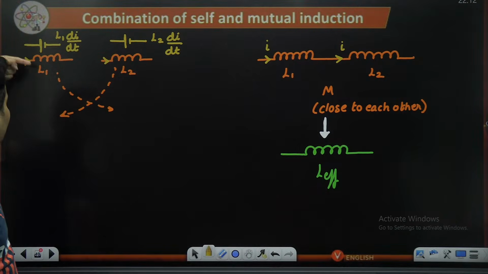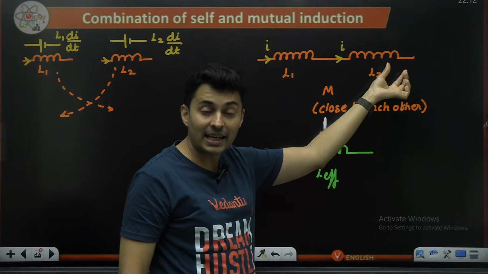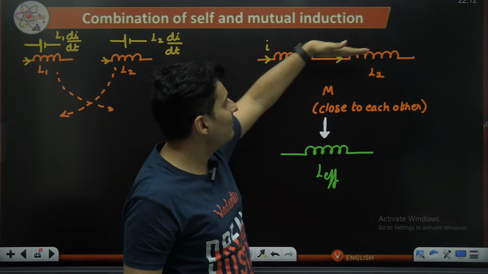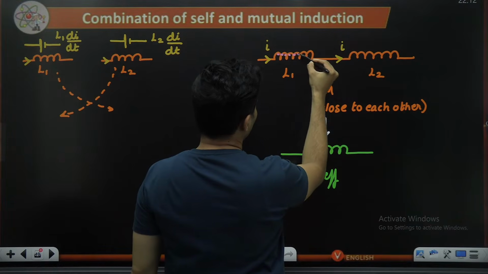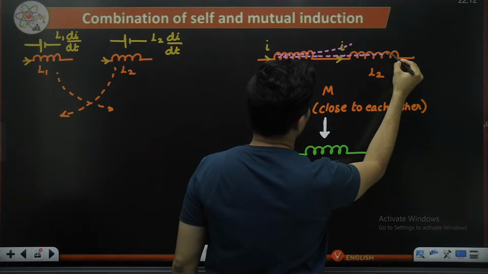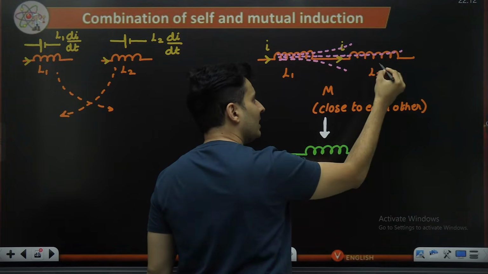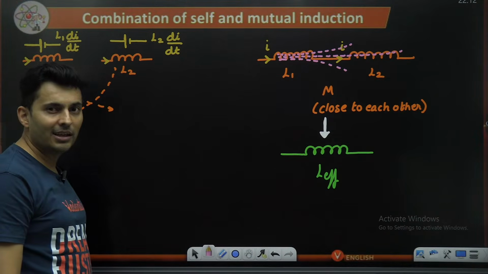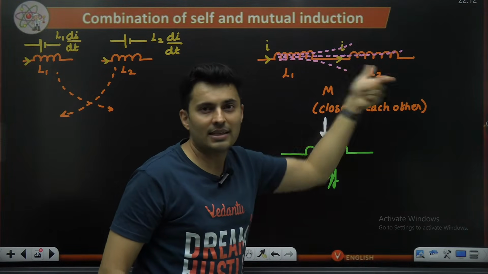Because the current is changing in this coil, do not forget some of the flux will also go through the second coil. There will be a mutual property. So that same flux, keep this in mind, whatever flux will go over here, some of it will definitely pass through this. That will also produce an EMF over here. How will that EMF be? Think about it. Whatever the coils are, they are oriented in the same way.